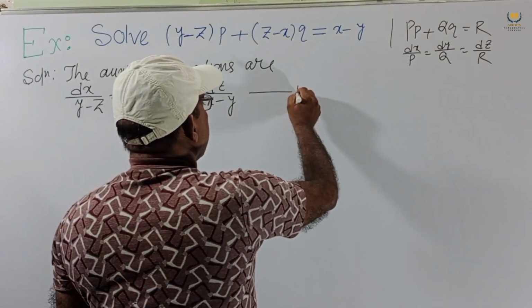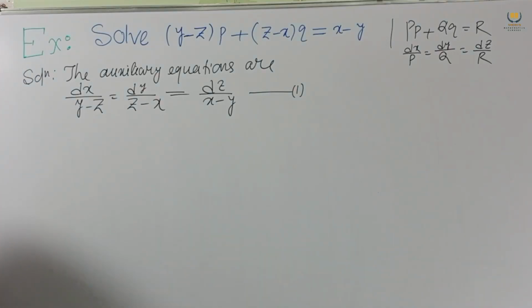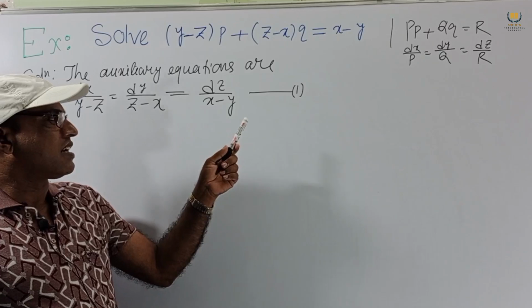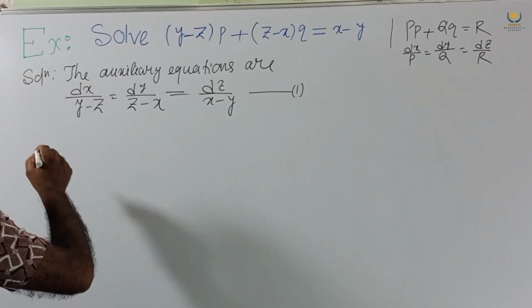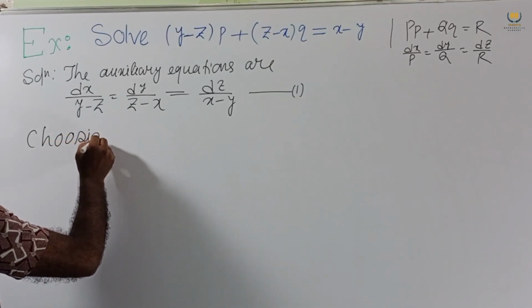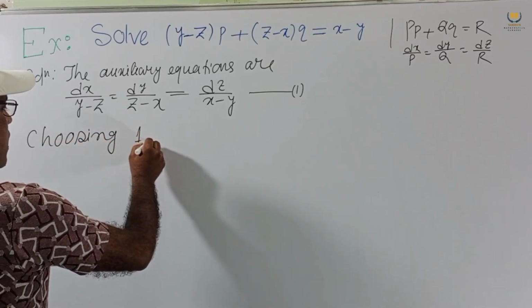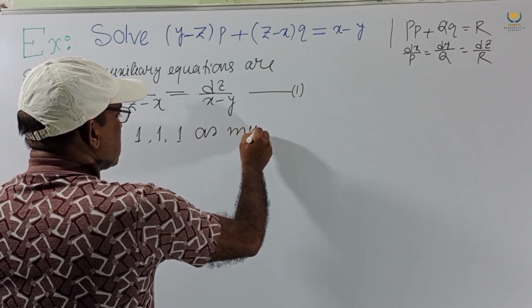This is number 1. Now we choose the multipliers in such a way that the denominator must be equal to 0. So choosing 1, 1, 1 as multipliers,